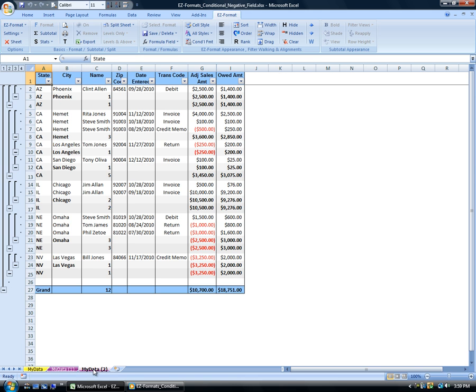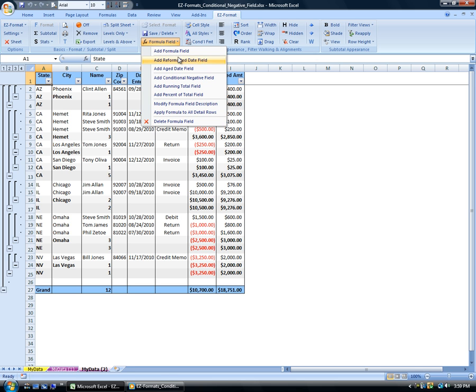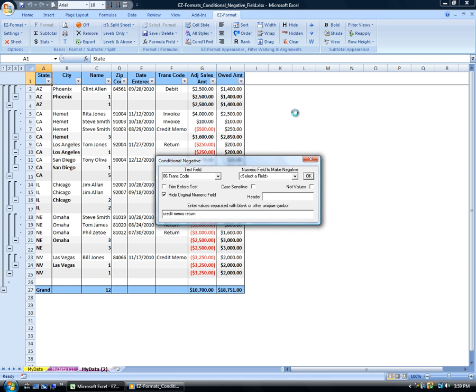This is the same data after being subtotaled by state and city. While it is faster to create formula fields in non-subtotaled worksheets, formula fields can just as easily be created in EZ-Format subtotaled worksheets. When using the conditional negative dialog to create additional fields in the same worksheet, EZ-Format defaults all